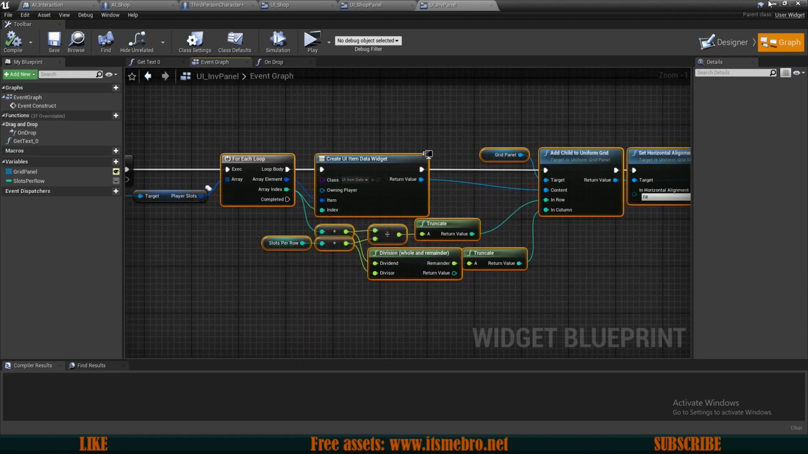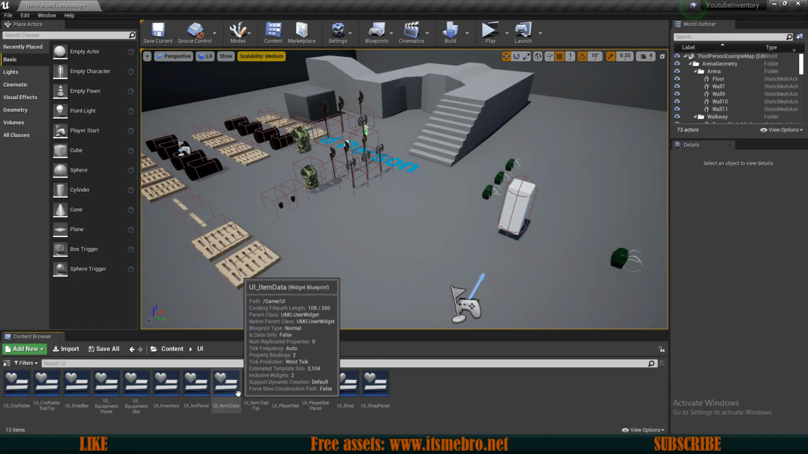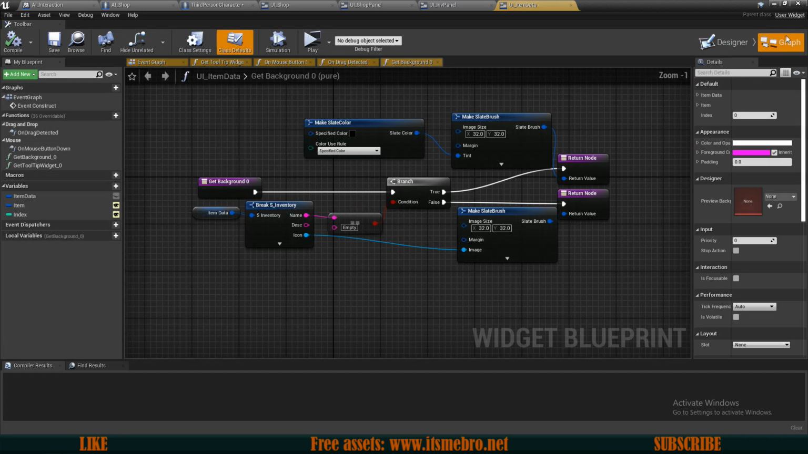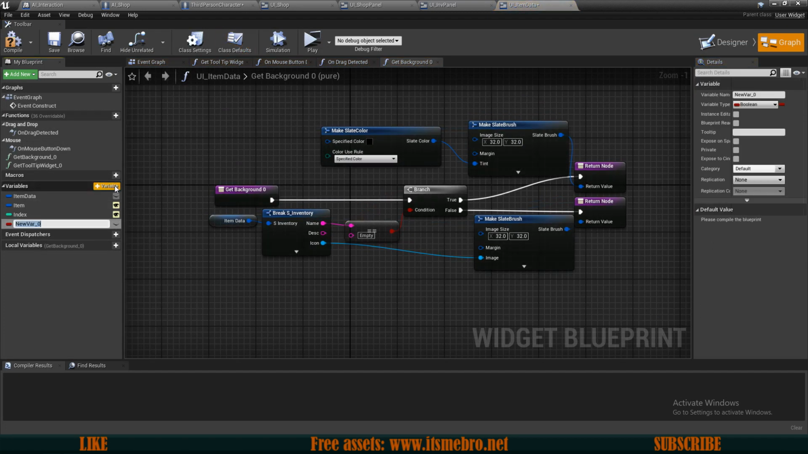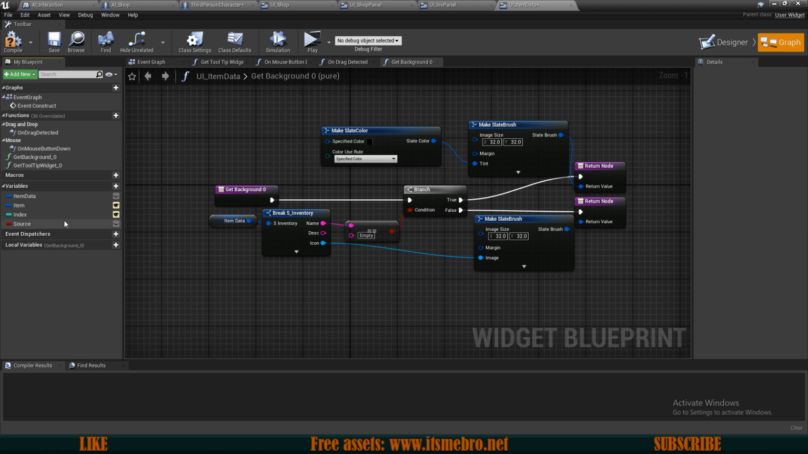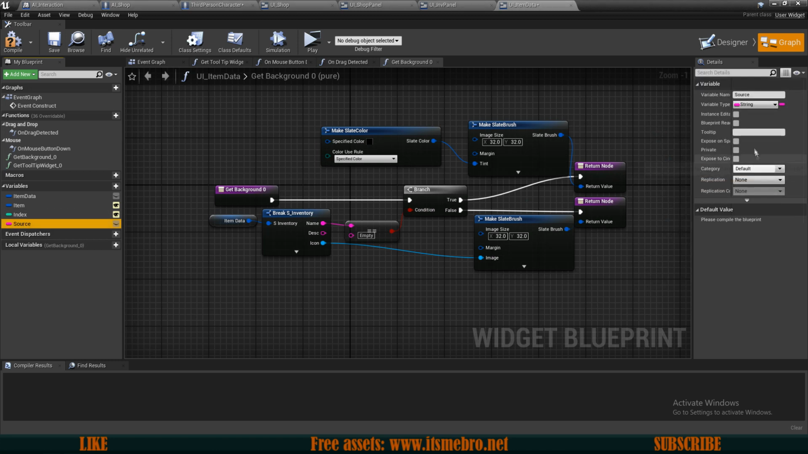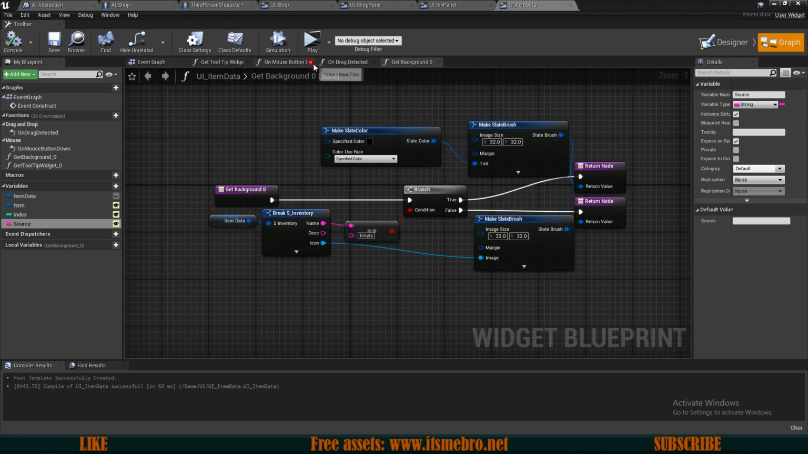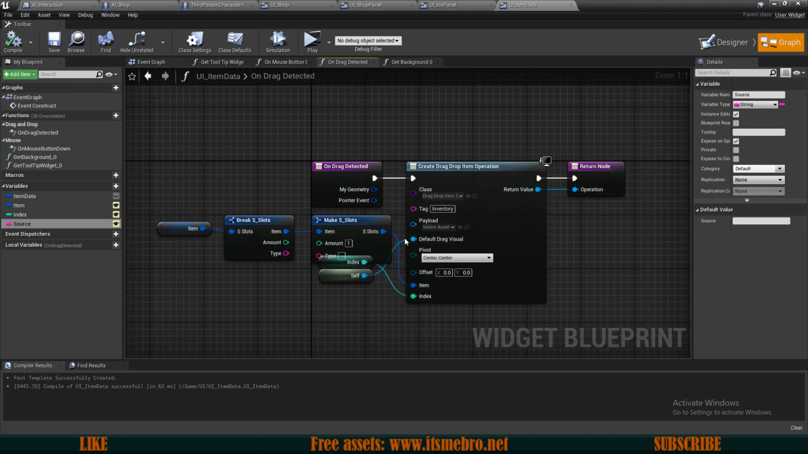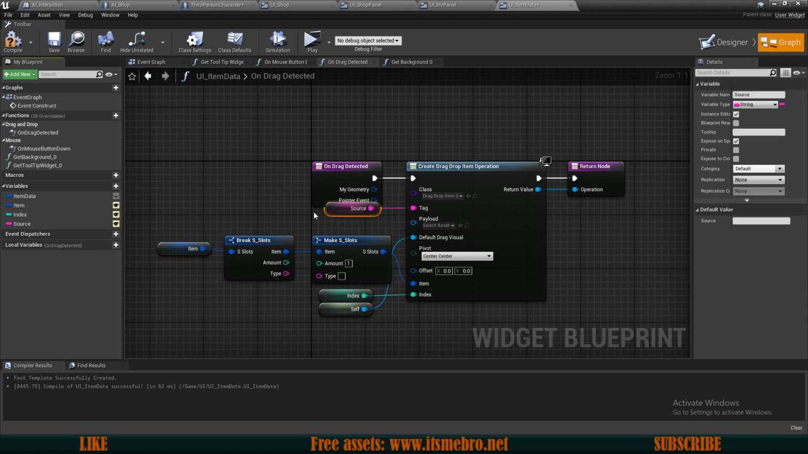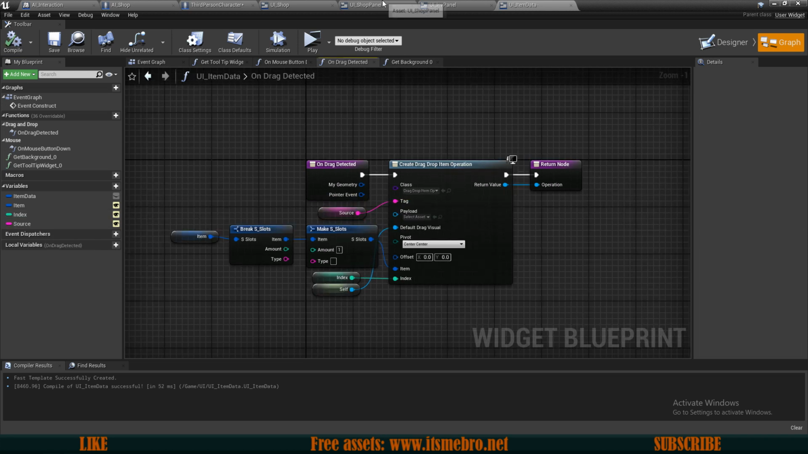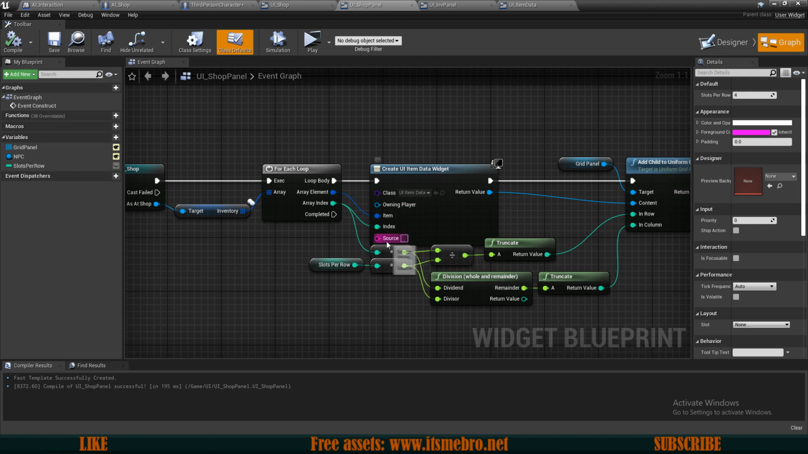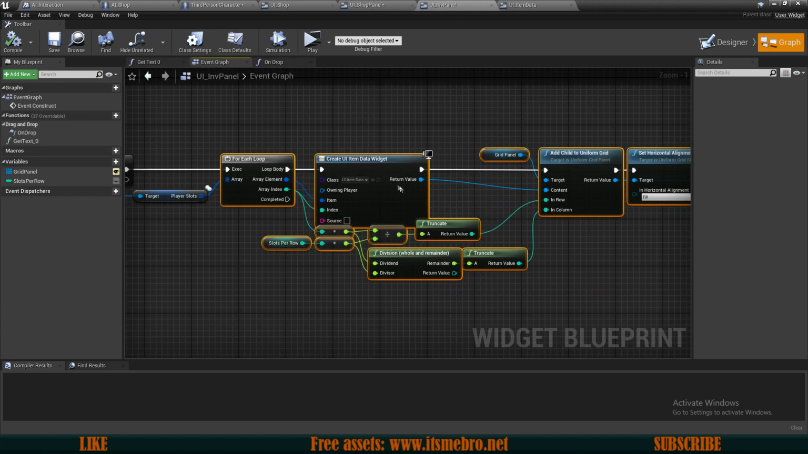Now for our item data we need to provide it a type, so let's open up our UI item data and let's create a new variable and let's call this source, and this needs to be a string, instance editable and exposed on spawn. Now in our on drag detected we can connect this to be our tag. Now let's make sure that we fix the issues in the shop panel. We have a source, and for this one let's type in shop,